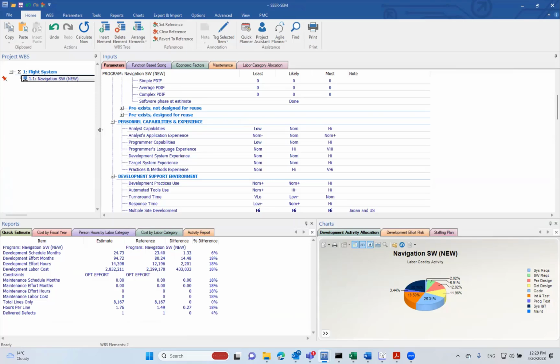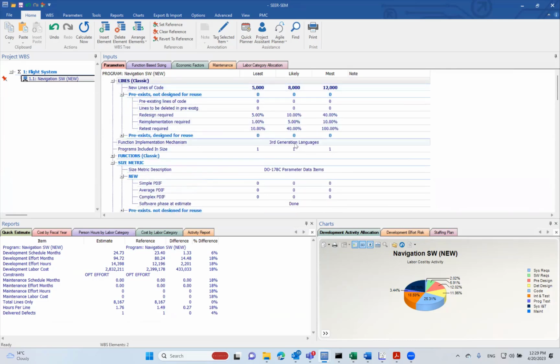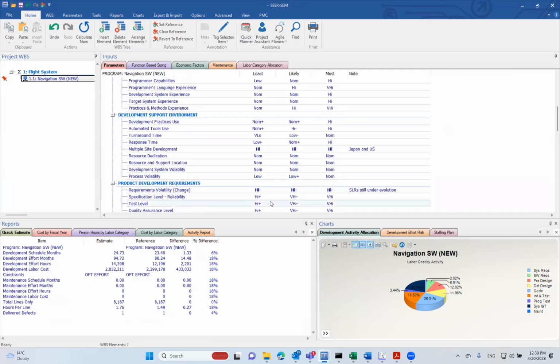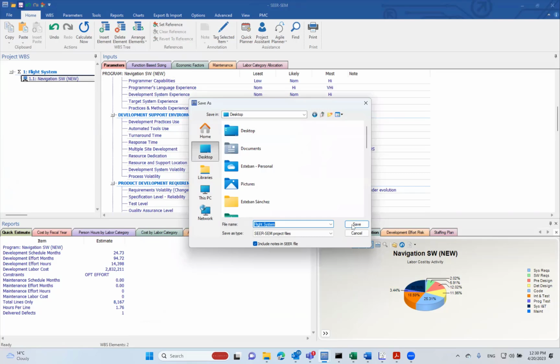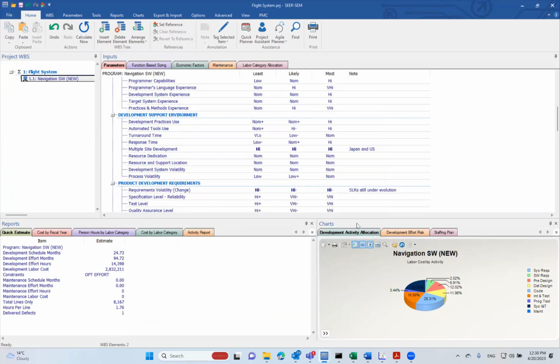Now, imagine we are satisfied with this estimate. Let's imagine that we have fine-tuned the sizing and the parameters to the best of our knowledge, and we're happy with the estimate. So let's go ahead and clear the reference right here. Let's save the estimate. I'm just going to save this in my desktop. Next thing you may want to do is benchmarking, okay? How do we know if an estimate is realistic? How do we know if $2.8 million, 14,000 hours is